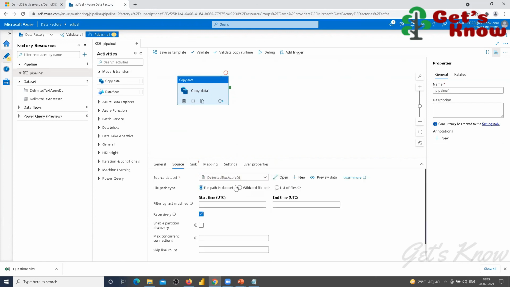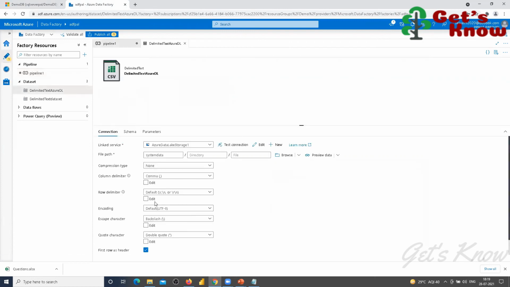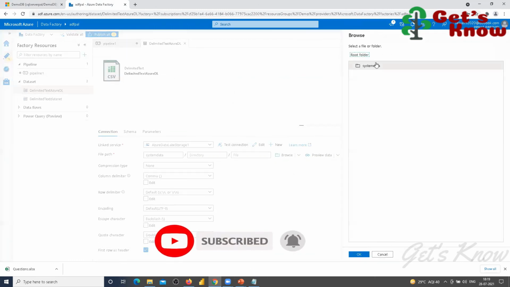We can check it. Just the delimited text Azure DL, I'm opening this one, and here is the file path, and then I'm going to select the file also. Now I'm selecting the file.